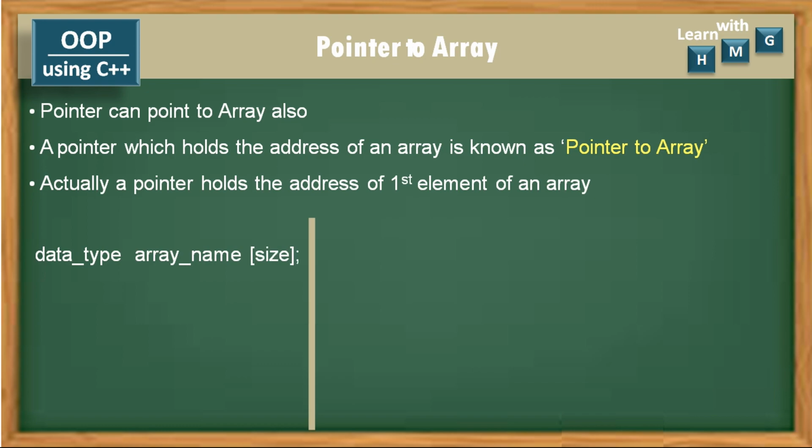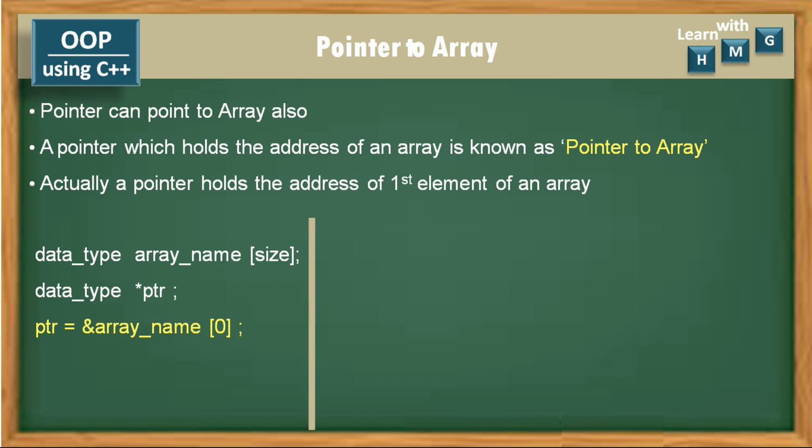So this is the syntax how we have to set the pointer to array in 3 steps. The first step, declaration of array. So first of all you have to declare the array using this syntax, that is the data type, array name and the size, that is number of elements. Then declaration of pointer. We have to declare the pointer with star ptr and its data type. This data type is the data type of value or the array to which the pointer is pointing.